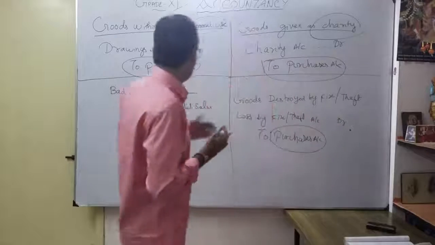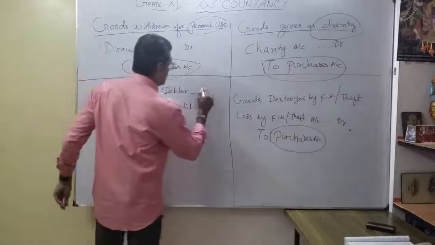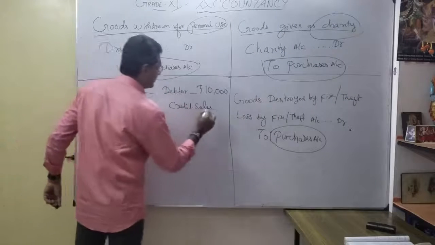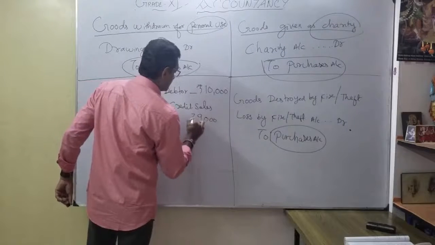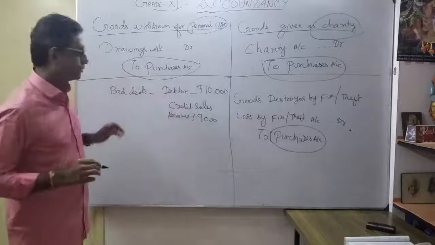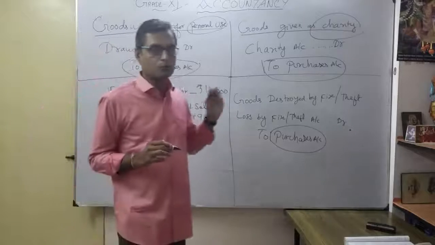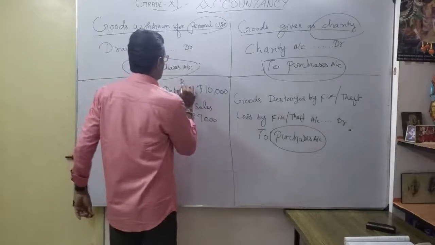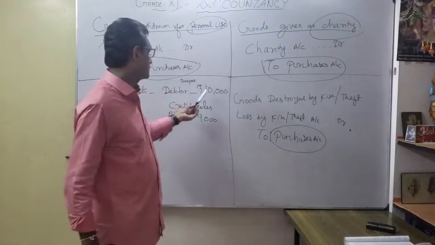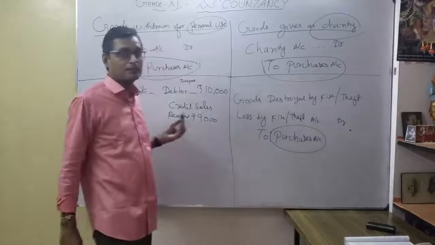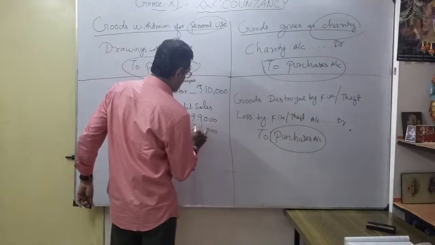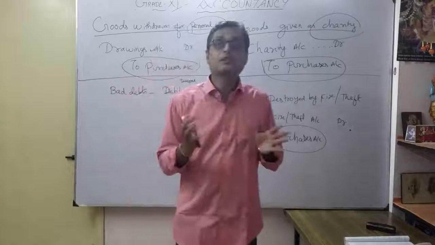What happened? He is supposed to pay 10,000 rupees, but he gave only 9,000. For example, I sold goods on credit to Deepak for 10,000, but Deepak gave money of only 9,000. So what is the 1,000? Here the 1,000 I never considered; I never said it is discount allowed. So what happened?